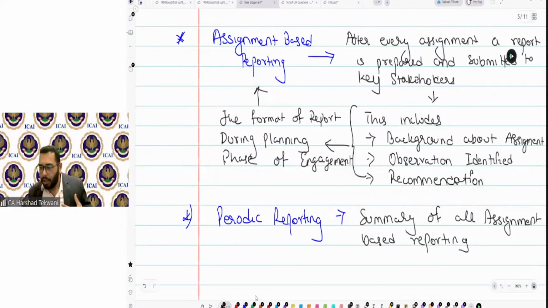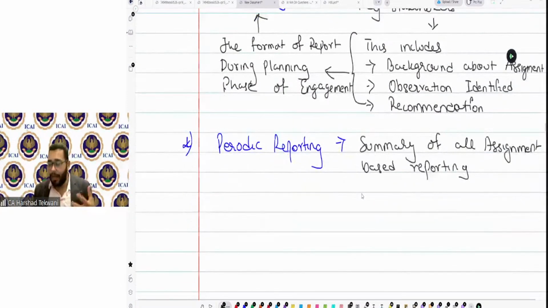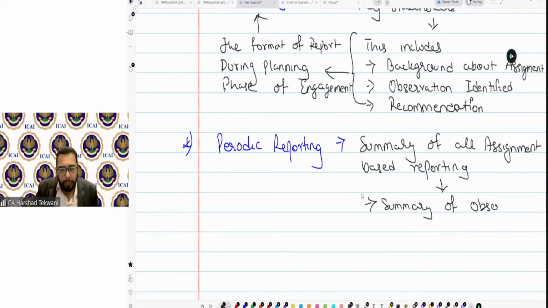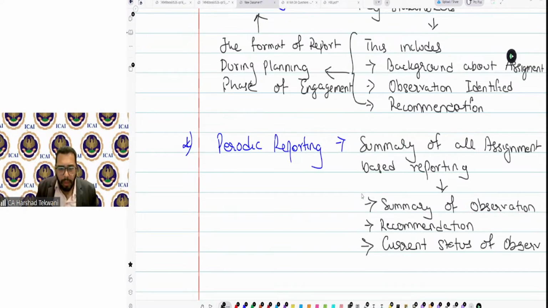Usually it is done quarterly to the audit committee. The way I just showed you, a report is presented quarterly to the audit committee, where a summary of observations is provided with a recommendation, remediation, and their monitoring. So what it includes is a summary of observation, recommendation, then current status of observation, and the last part is what monitoring activity is happening